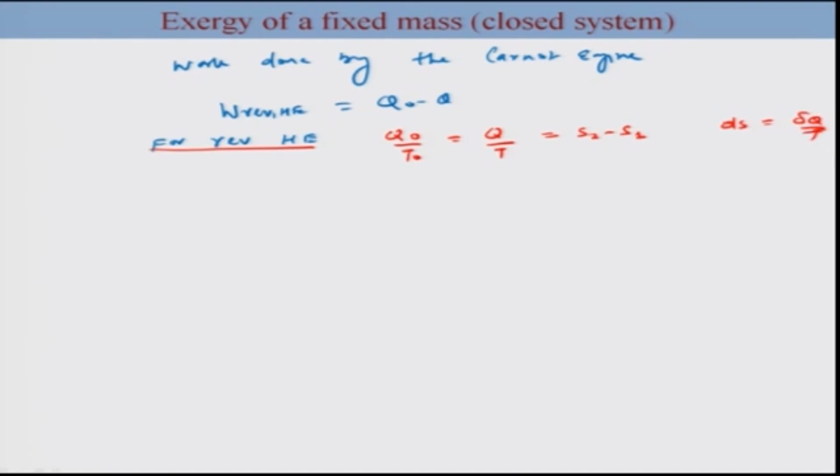This is based on the fact that ds for the reversible case is delta Q by T, and this integral would be this for the case of reversible, and thus your change in entropy would be simply Q0 by T0 or Q by T. Now we can simplify the expression of work maximum. This can be written in the following way: your W reversible heat engine